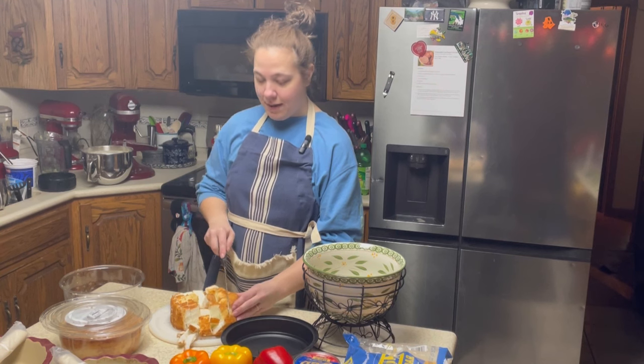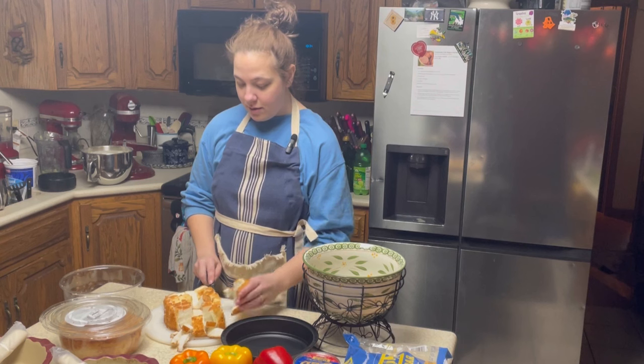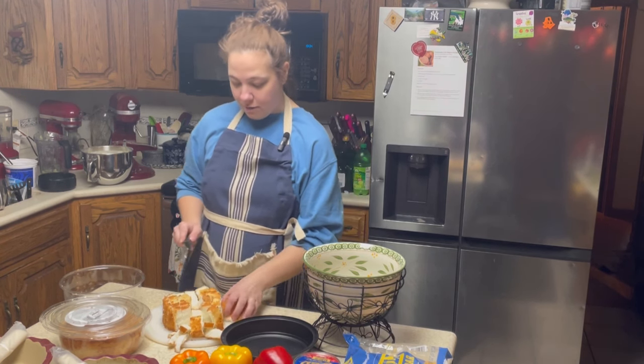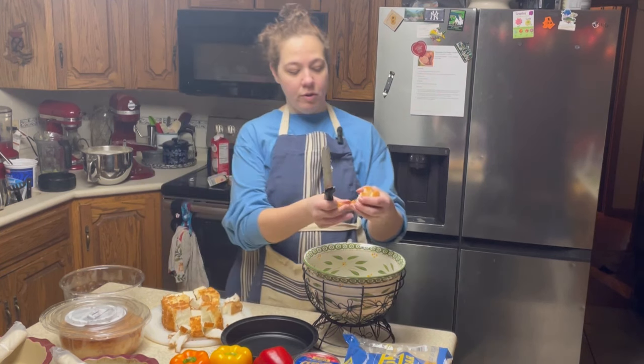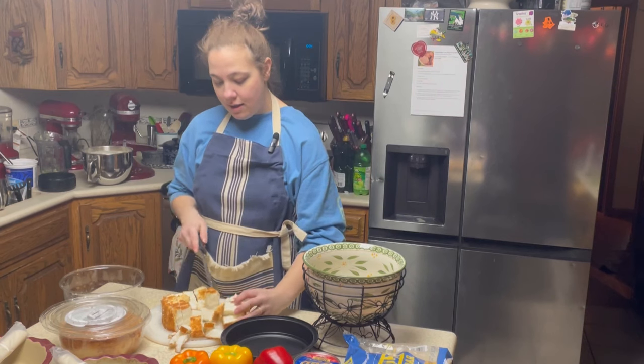This is great to take to picnics. I've done that many times. But we are just sticking to a classic today. This is the one that the girls always ask for. So again, just random cubes. And then we're going to layer in the